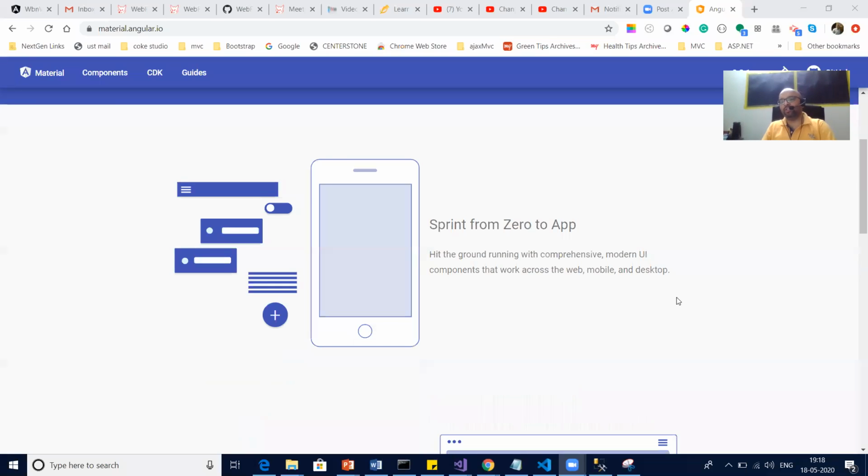I won't suggest your complete site should have all the stuff from Angular Material, but at least the complex components that might take so much time to develop, then expertise, then we need to test it also, right? Such components, instead of creating them on your own, you can take from here.